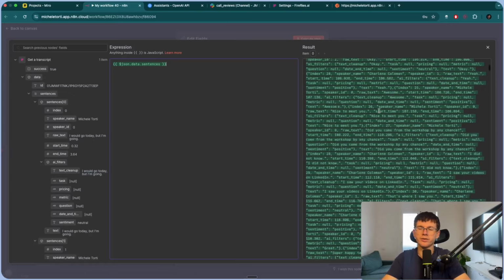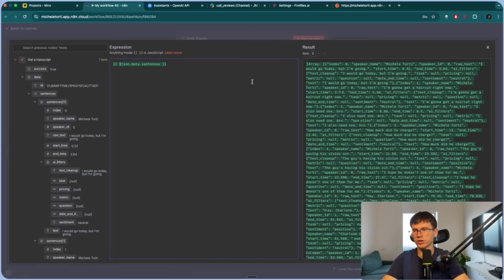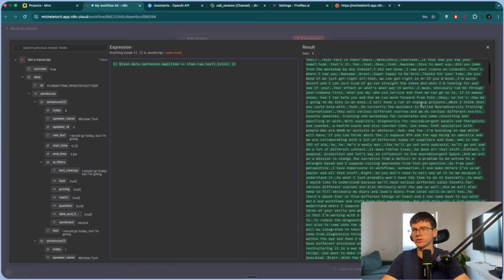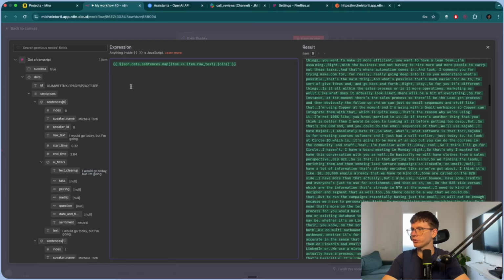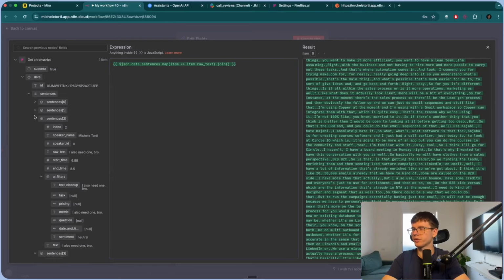Sentences with a bunch of variables that are so long. Because we could theoretically feed this to AI, but it would just be way too large. It would definitely break. So we just have the transcript that we need. Okay, so what do we do? We took the sentences, because there's 450 sentences or more.